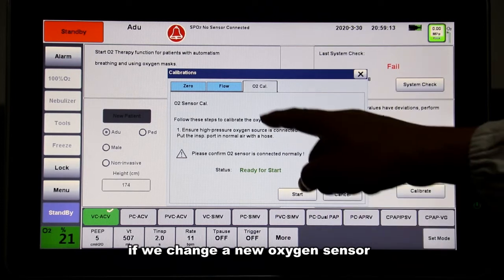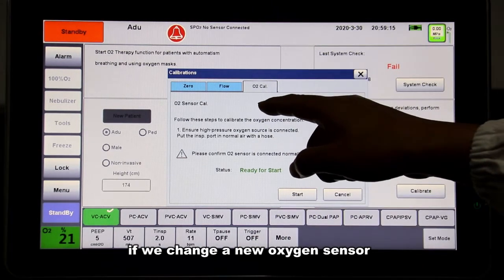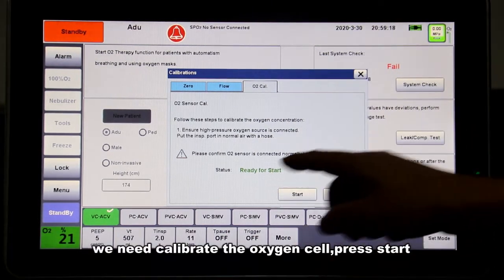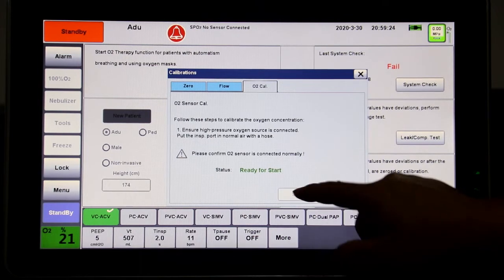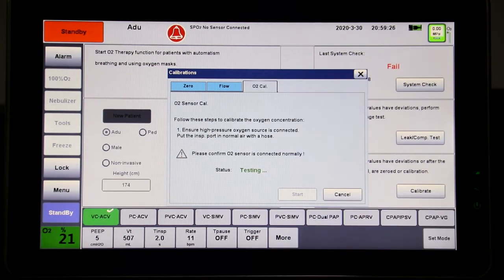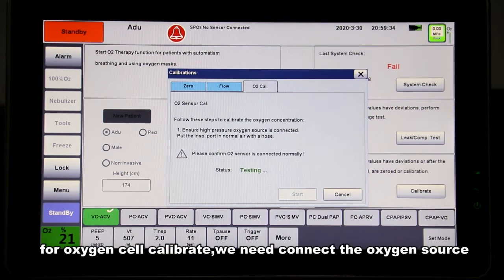If we change to a new oxygen sensor, we need to calibrate the oxygen cell. Press start. For oxygen calibration, we need to connect the oxygen source.